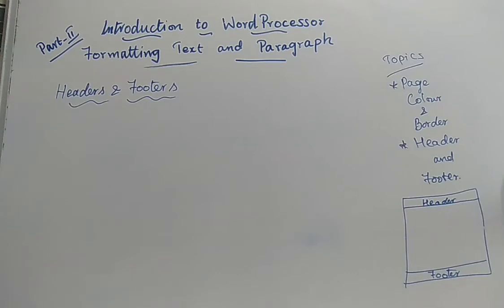In the header part, what will be displayed for you? Consider your book. Just open your book and see. At the top, in the header part, you will have the lesson heading, the chapter name, the side heading, and all will be displayed in the header part. In an English book, near the title, you will have the name of the author. That is your header part.